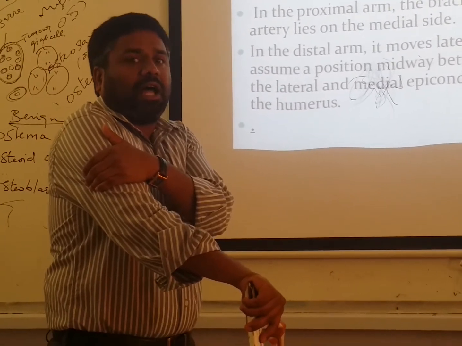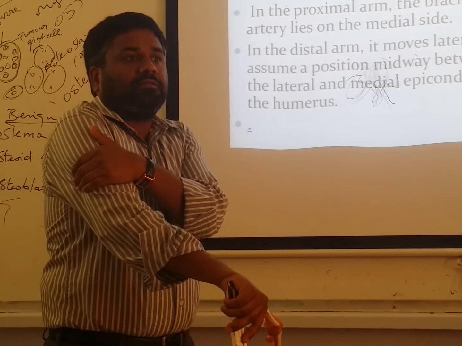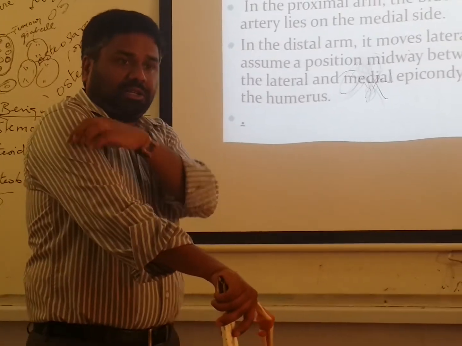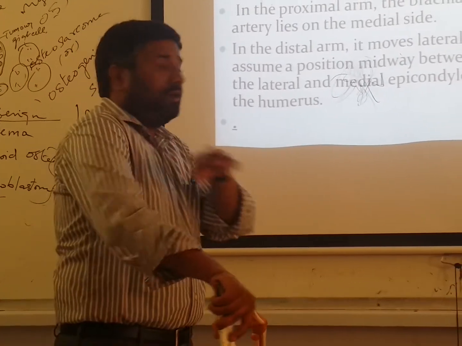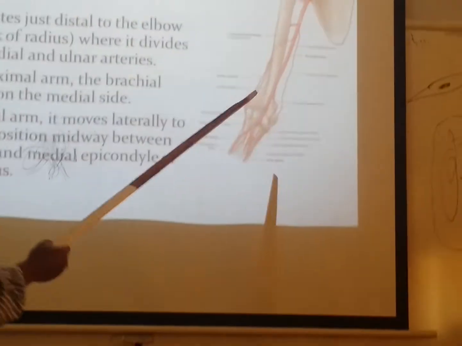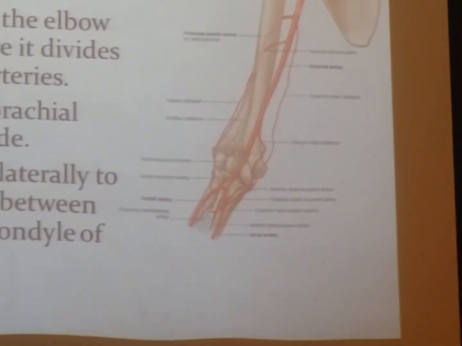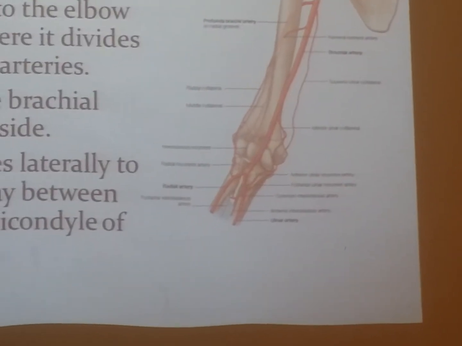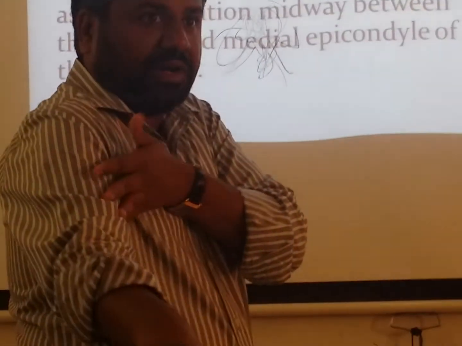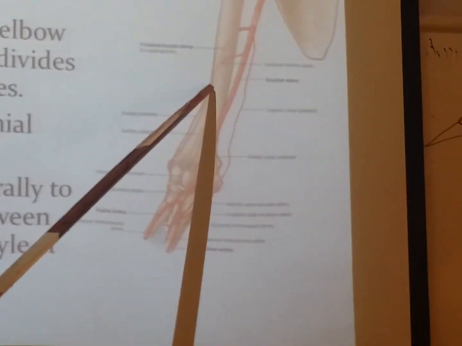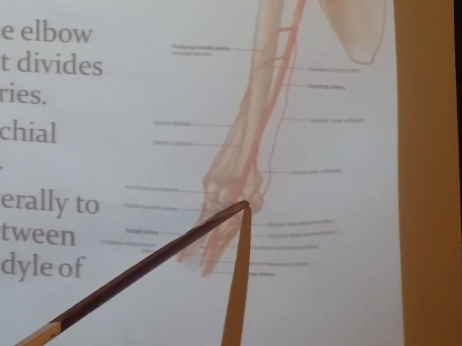Radial nerve. Which is the artery of the posterior compartment? Profunda brachii artery, because it runs along with the radial nerve. Okay? So now other branches are collateral branches like superior collateral artery, inferior ulnar collateral artery, muscular branches to all the muscles of the anterior compartment, and nutrient artery.